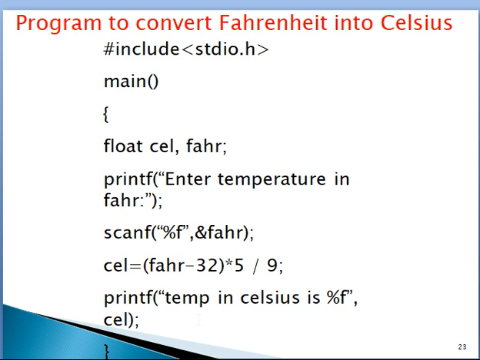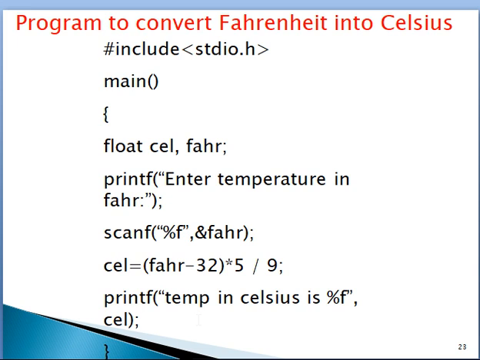Now we are going to use floating point because the Fahrenheit and Celsius values, degree values, are shown in decimal point, like 32.5, 98.6. So that's why we are using the float data type. printf "Enter temperature", scanf reads the Fahrenheit value.